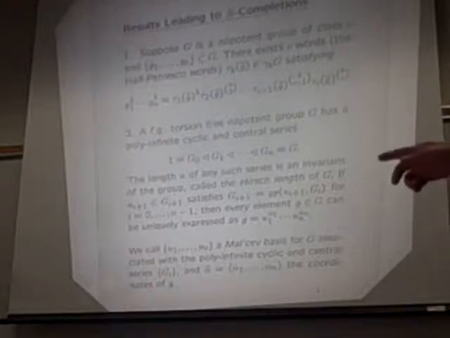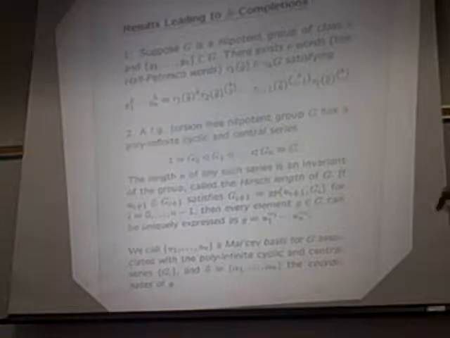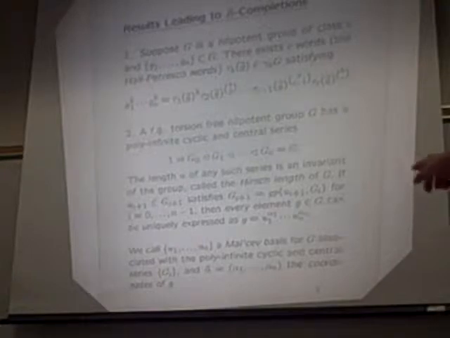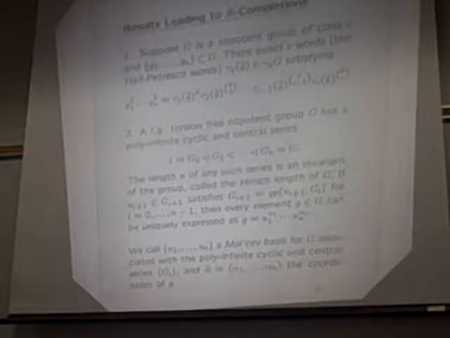If you take, let's say, elements in g_{i+1} and you look at all of these cyclic factors, then it turns out that you can actually represent any group element as a unique expression u1^alpha1 times dot dot dot up to un^alpha n. And again, the key thing here is that this is a unique expression, okay? Clearly, if there was torsion in the group, then the alphas can vary, okay?